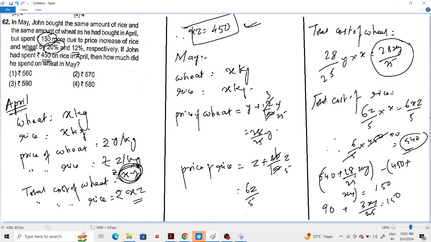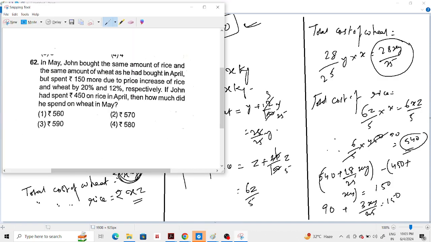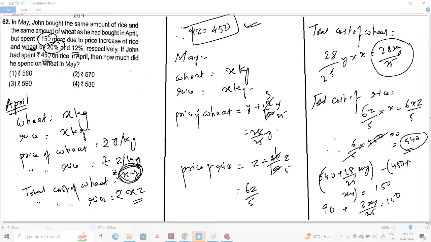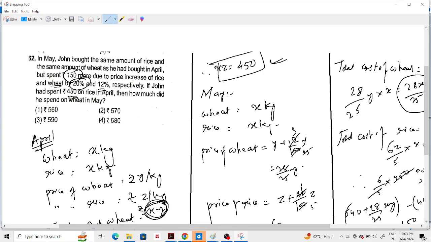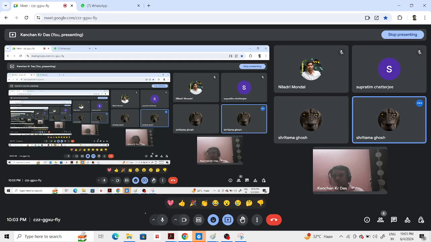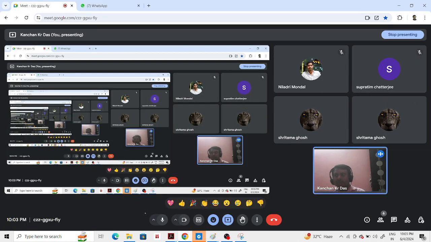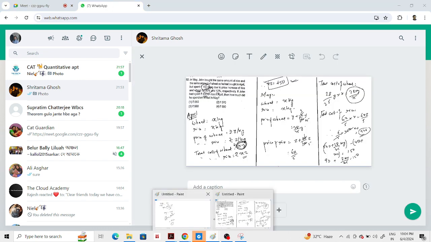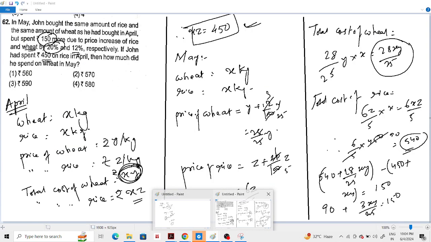Did you understand? Yes. স্যার এটা হচ্ছে এপ্রিল আর মে এর মধ্যে ডিফারেন্সটা হ্যাঁ 150। হ্যাঁ, মানে মেতেও যত টাকা খরচা করেছে রাইস আর উইটের ওপর মাইনাস এপ্রিলে যত টাকা খরচা করেছে তার ডিফারেন্স। আচ্ছা মেটা আগে তারপরে। কারণ দাম বেড়ে গেছে না, জিনিসপত্রের দাম বেড়েছে তো।